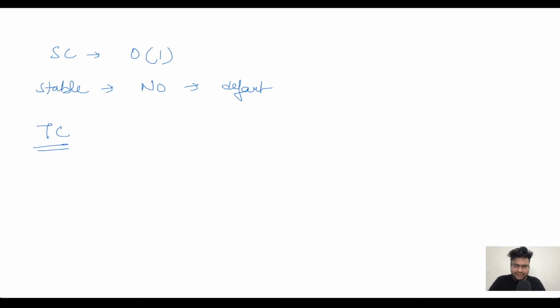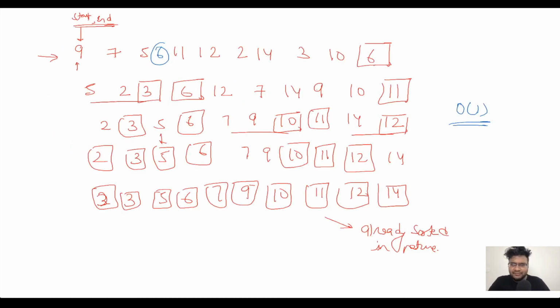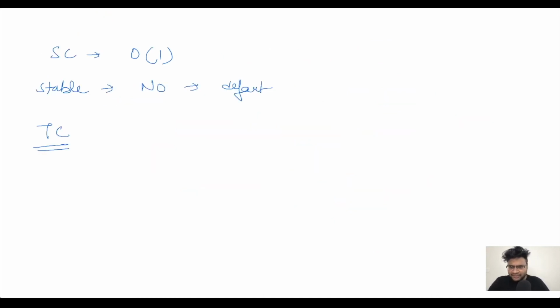Coming to the time complexity, every time we are choosing a pivot, there could be two scenarios. The time complexity will be directly proportional to how well the pivot is dividing my original array. Suppose the 6 we have chosen as pivot comes here, then it is more or less dividing it into equal parts. But suppose 6 comes towards the end and keeps on coming here only, then this pivot is not helping me at all. The number of comparisons here will become O of n only. So the time complexity is dependent upon the worst case scenario.